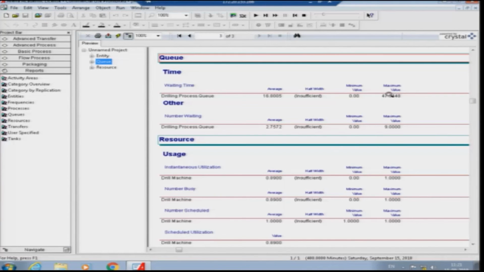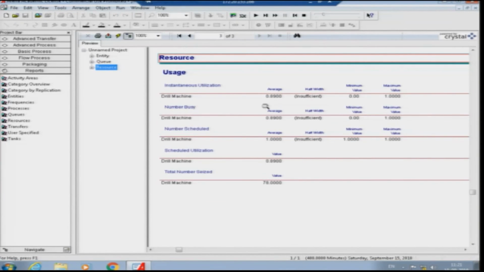So, now the waiting time has reduced compared to the previous case, because in one case there was variability in the arrival, and in the other case there was no variability in the drilling hole. Now, both of the parts have variability. So, now we can see that things have behaved differently, and if you look at the resource utilization, you see that 89% utilization of the resource, which is slightly more than the number that we got previously.